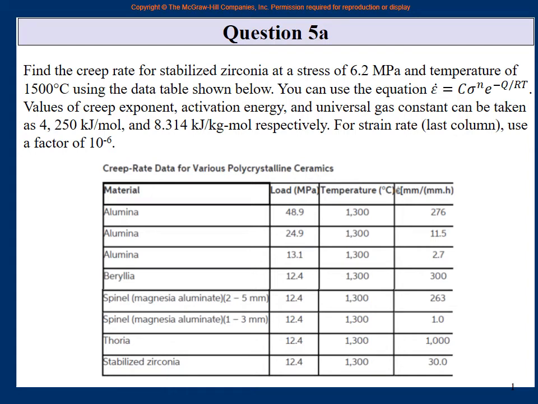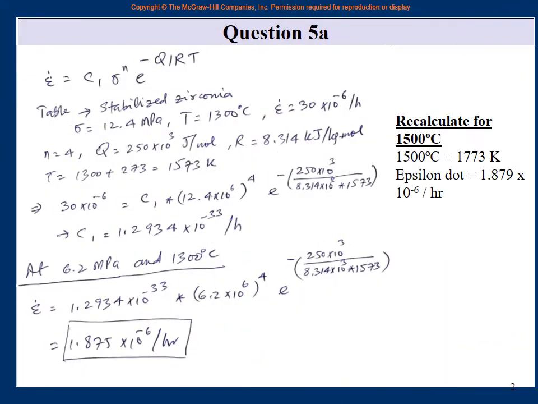Now in the equation, usually, this Q is the activation energy which is given, R is the universal gas constant which is given, the temperature is given, and the stress is there, at a given stress, what is the value of the strain rate, right? So if you know all of those things, normally the two things that are unknown in the equation are the constant C and the constant n, but n is also given. So only C is the unknown. So you just plug in these values and solve for C. So that is it, right?